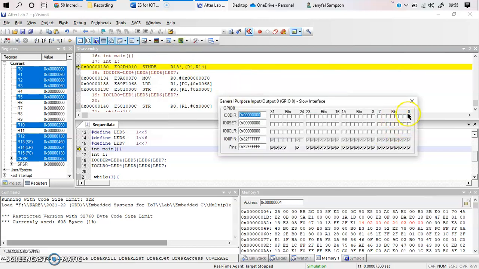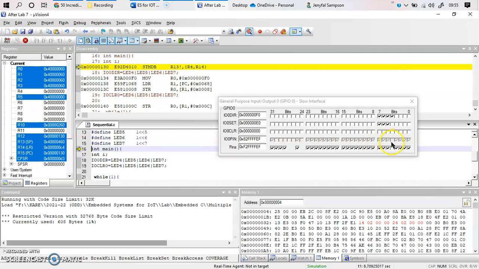As you know, these are the bits available over here: bits 4, 5, 6 and 7. These are the 4 bits that are available here. These bits are going to be turned on one after the other and turned off one after the other. So when I run this program, you can see that bit 4, then 5, then bit 6, then bit 7, all of these are turned on.